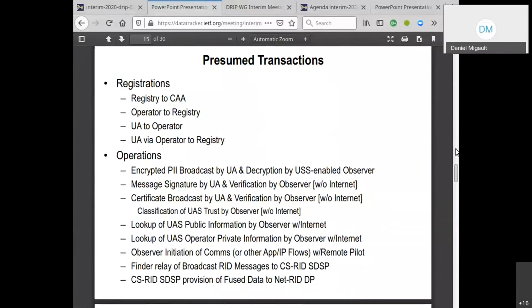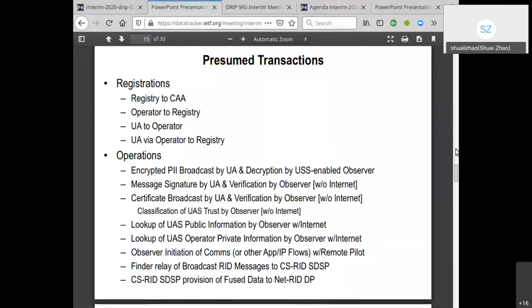I think we have Shuai in the queue. Yeah. I'm just wondering if anybody has talked to any entity who's in the USS business. This looks to me like we might get some resistance from those people because it directly cuts into their business. They might need some architecture change to reflect the registration, searching, register.